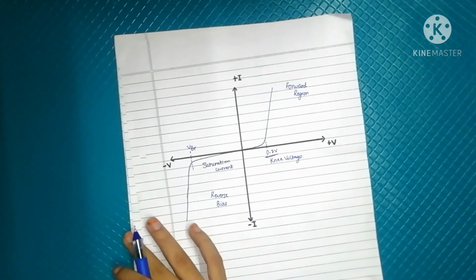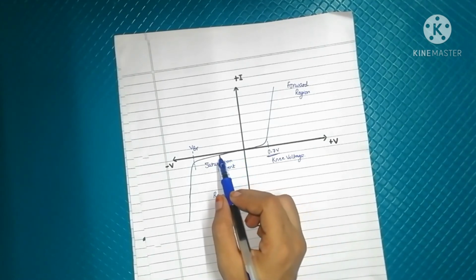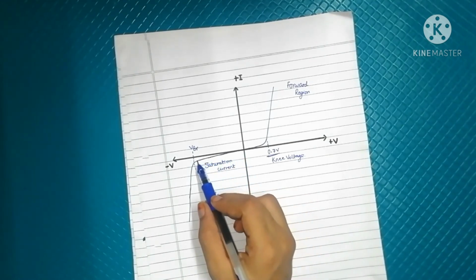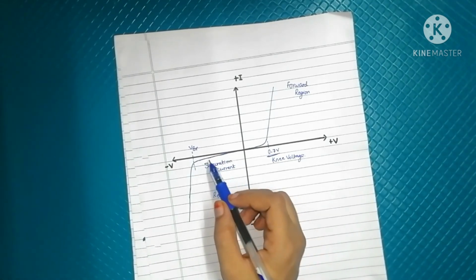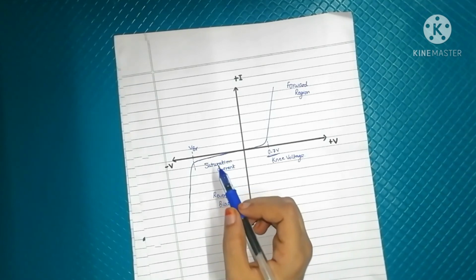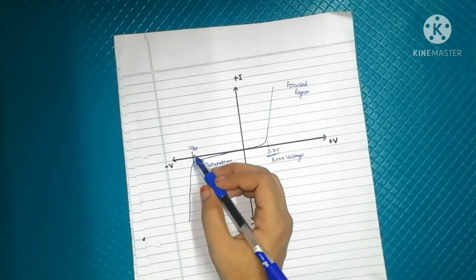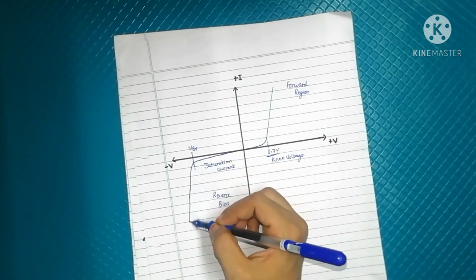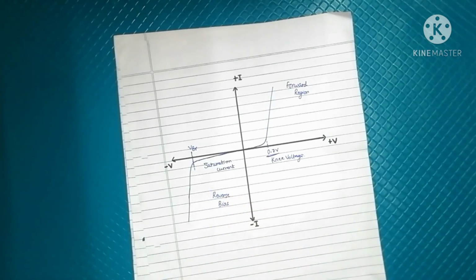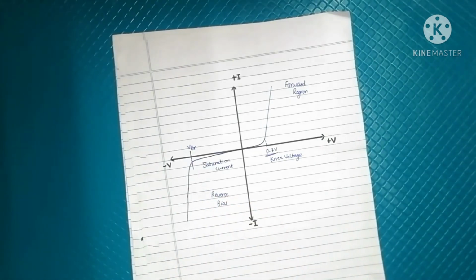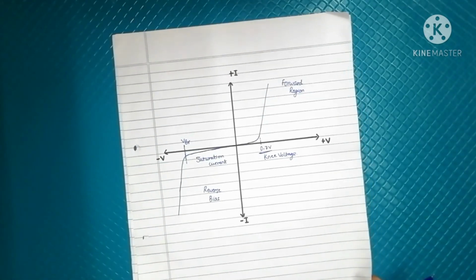Whereas in case of reverse bias, as you can see, I was increasing the voltage, but for a very large amount of time the current almost remained constant, and this is called the reverse saturation current. That is, the current was not showing any major change, but once the breakdown voltage was reached, suddenly a large amount of current started flowing through the diode, and this is because of the avalanche effect. So this was the graphical representation of the forward bias and reverse bias condition.